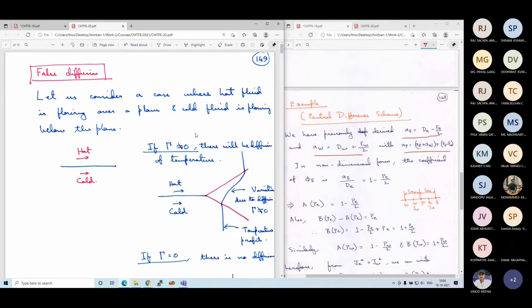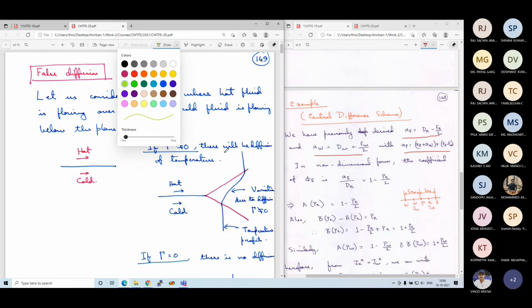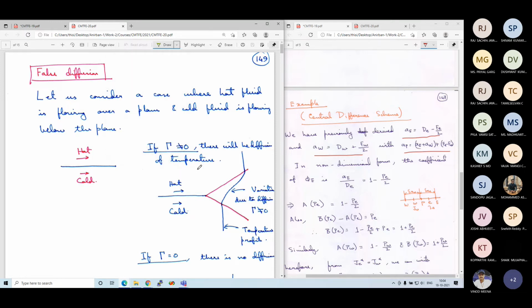Okay, there is diffusion of temperature. So how will the temperature profile look? Initially, before they start mixing, the temperature is high up to the interface, then there is a jump, and then we have low temperature. This is the direction of temperature T, which denotes what the temperature is. So we have high temperature at the top, low temperature at the bottom.